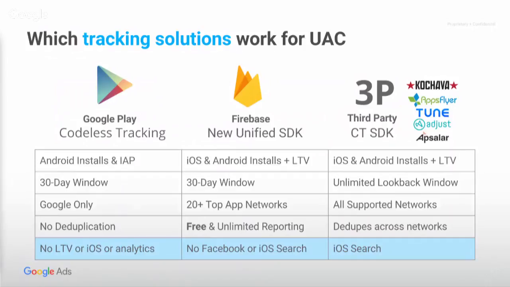And taking a deeper dive here into which tracking solutions work for UAC, there's really a few levels here, depending on how ready your app's business is and what's the best fit for your business. With Google Play codeless tracking, this is really the easiest way to get a campaign up and running if for any reason you're not ready yet to use a third-party app attribution partner. It doesn't require any SDK at all. And if your app is already uploaded to the Play Store, you already automatically have Google Play codeless tracking,